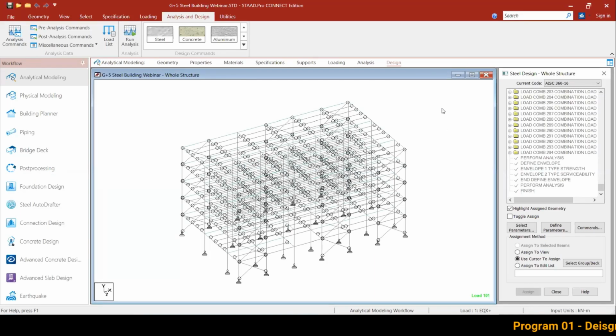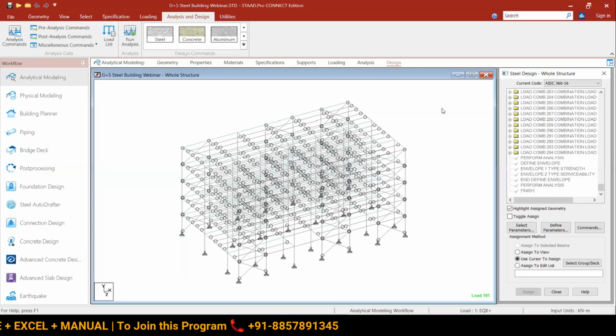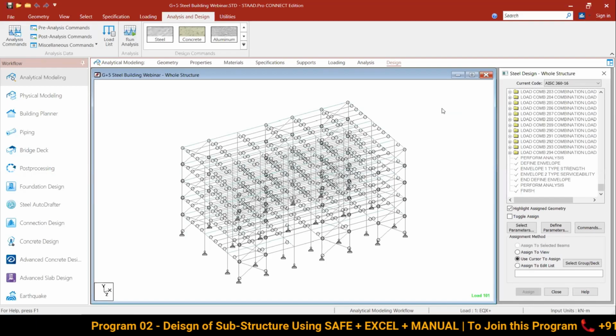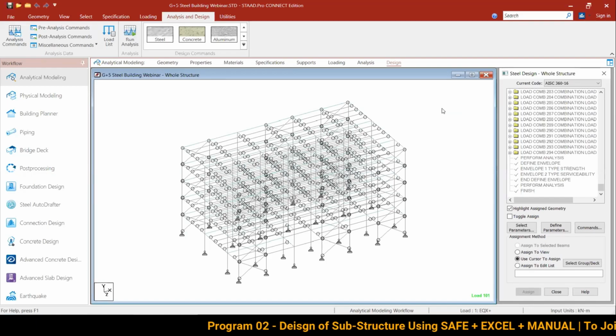If we have both pin supports for that column, and we want to give this factor, then the K value is 1. If you have both fixed supports, then the value of K is 0.65. But your question is where you should use KY and where you should use KZ. For example, if you have this member,